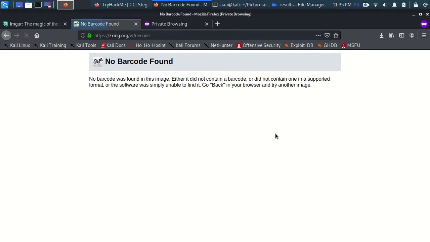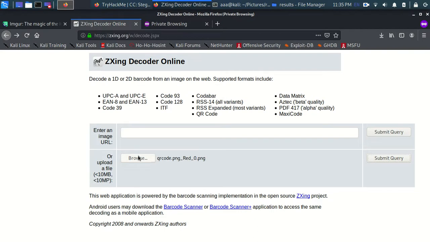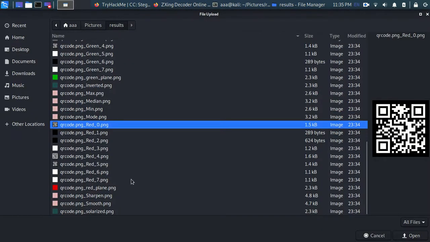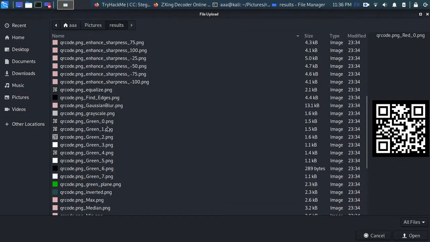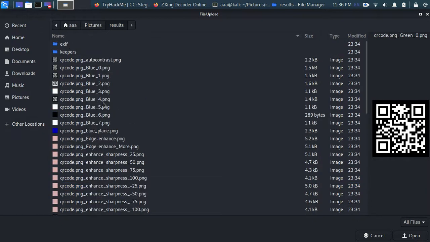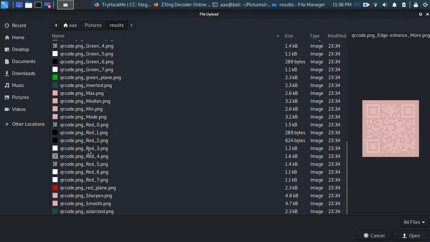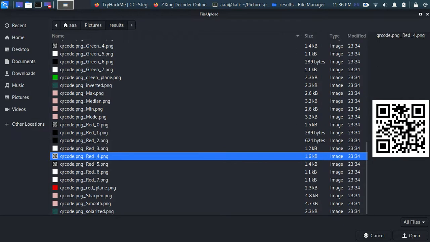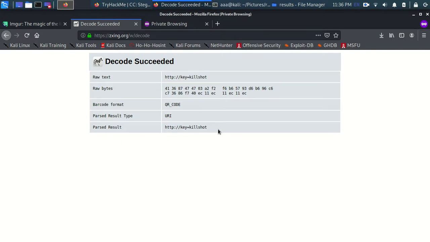And no, okay, so actually we just need to keep trying, there's nothing we can do about it. Let's try the green one, or maybe this one. So one of these is actually the right image. Let's open this one maybe, and yep, successful finally. So as you can see, we have found the answer, and the answer is kill shot.